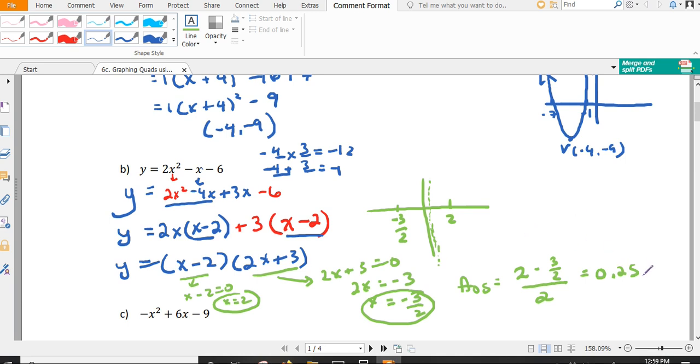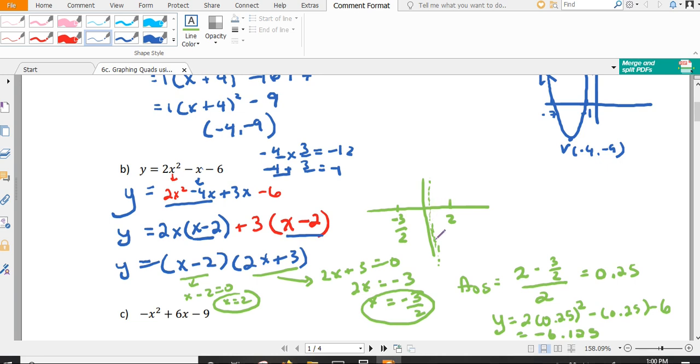Now to find the y value, I just need to take the 0.25 and sub it back into the original. So instead of y equals 2x squared, I have y equals 2 times 0.25 squared minus 0.25 minus 6. And that should give me, if I just type this in my calculator, 2.25. Of course, it is preferred if you leave it in fractions. But just for argument's sake, I'm going to use a decimal, which will give me negative 6.125, which means my vertex is at